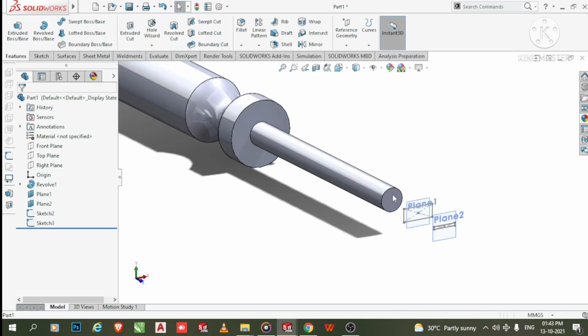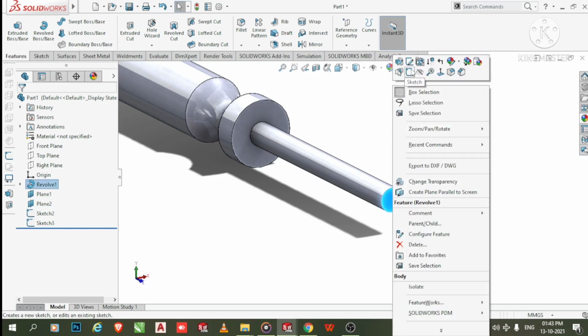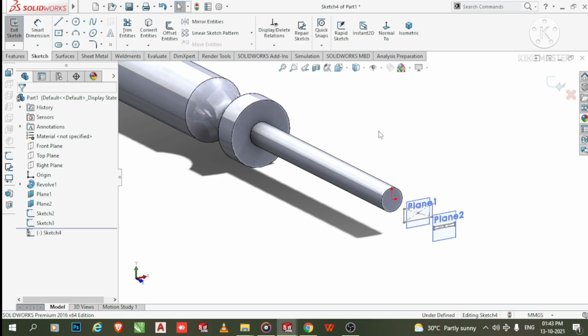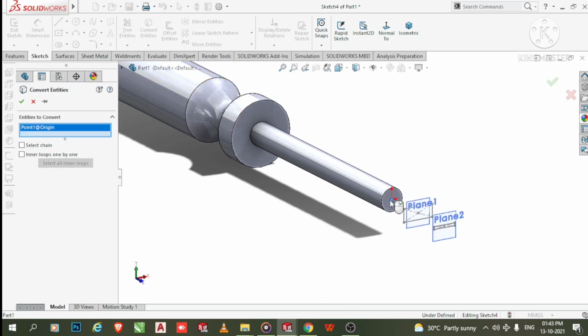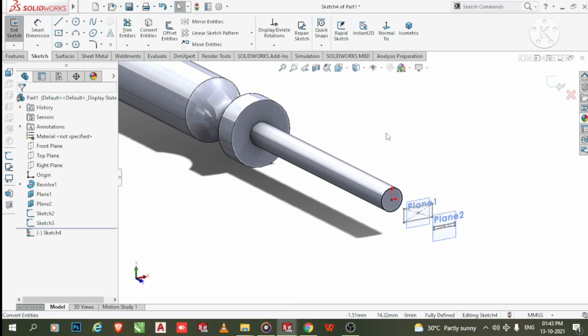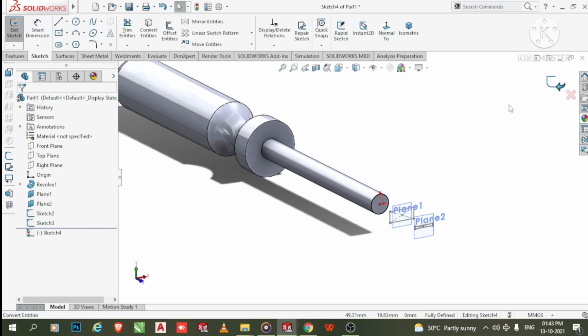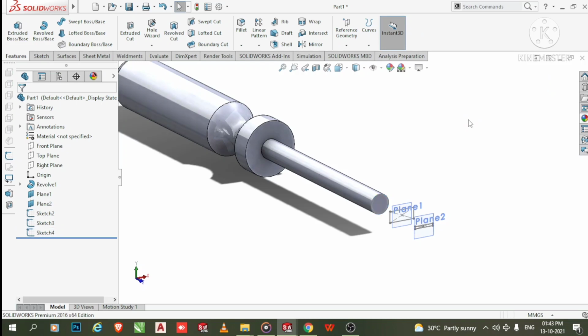Again we select this face, right click, sketch, and make it convert entity. So select this one, select this face. Okay, now we create this one. Now exit this sketch, and here we make the loft command.